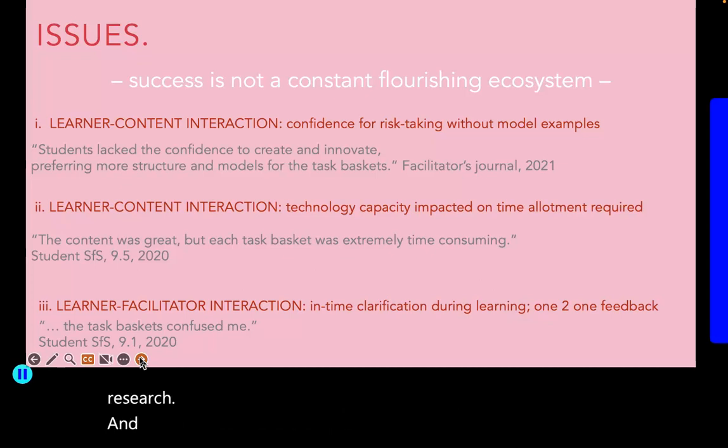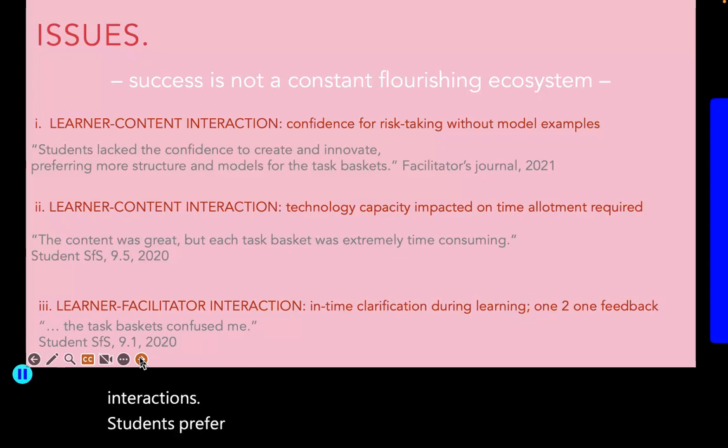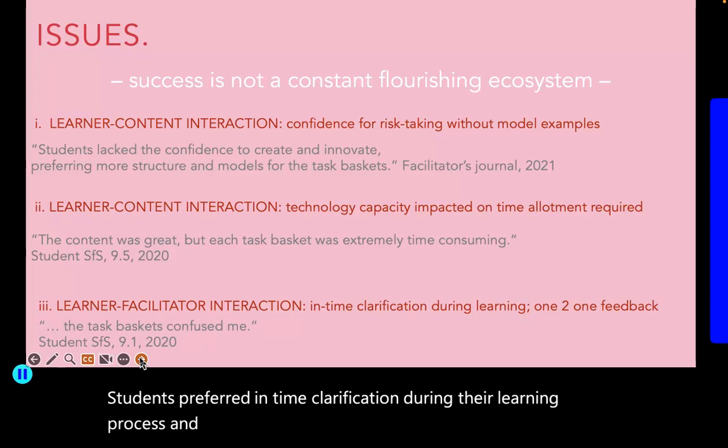And the third one was related to the level of facilitator and learner interactions. Students preferred in-time clarification during their learning process, and particularly in completing their e-performance assessment tasks.